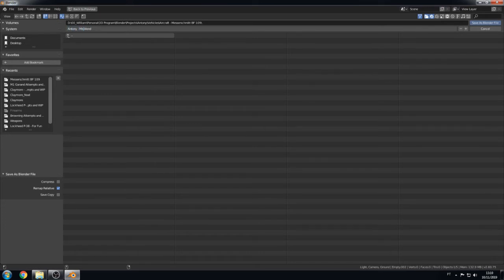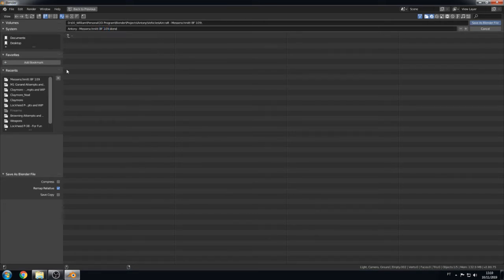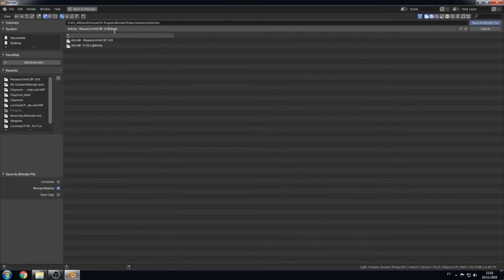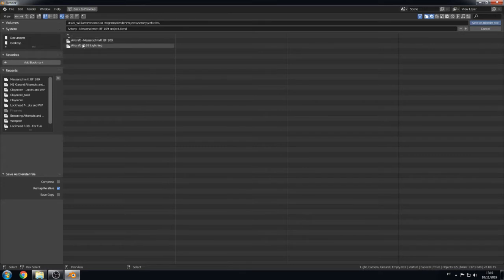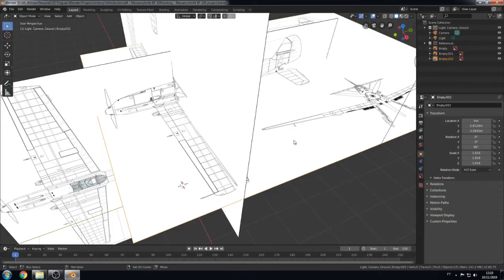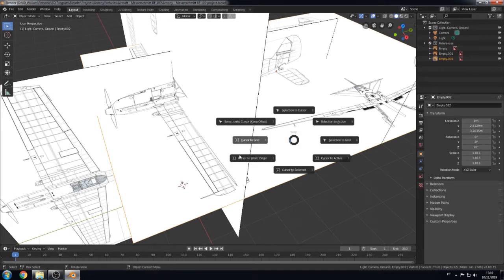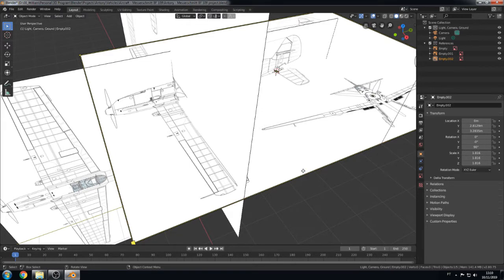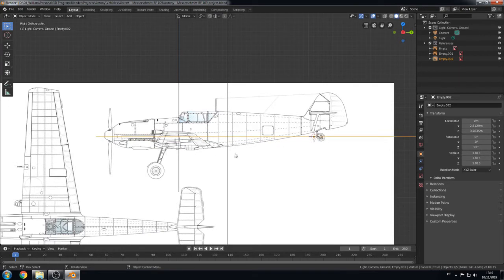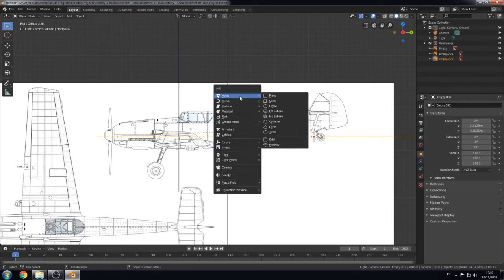Good save. Messerschmitt BF 109. Just to make sure. Yeah. Now we select with Shift S. We select cursor to selected. Now for this one we go add a new